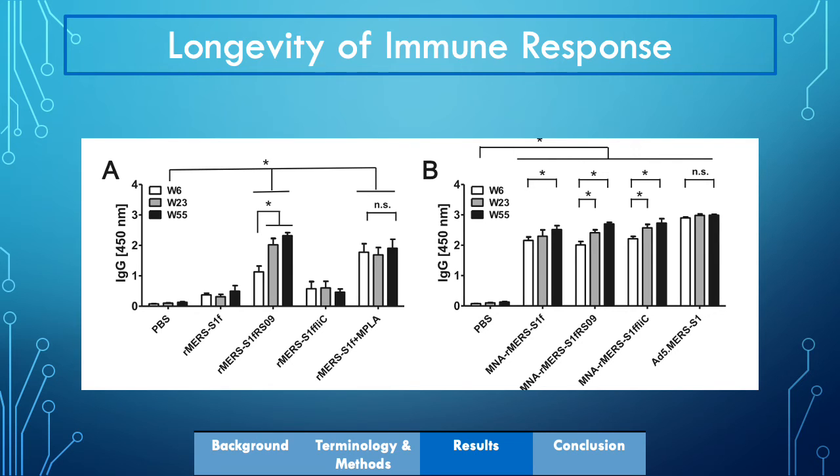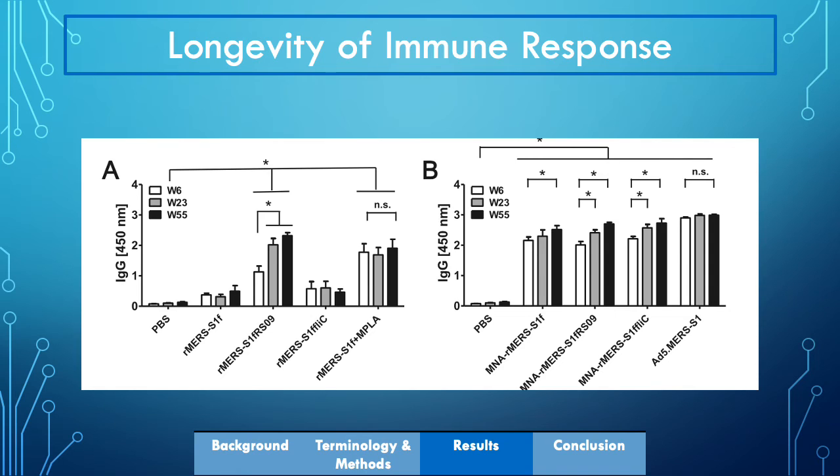They tested it at week 6, 23, and 55. And in just natural type of injections, you can see in figure A here that when injected like that, you're getting an immune response basically all the way up to 55 weeks, but it did kind of decrease here at week 23. They didn't really expand on why that was,